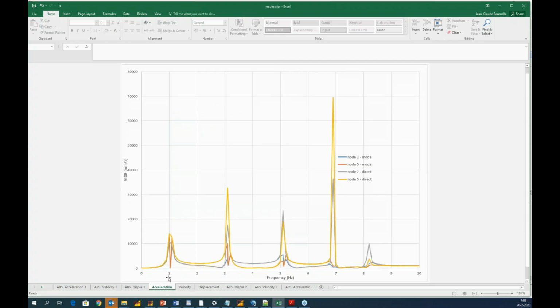And finally, if we look at the acceleration, we can see that the maximum amplitudes of the acceleration are considerably lower than those obtained via the direct. The gray and yellow-orange is the direct, and you can see that it's much higher. So we can conclude that apparently damping and the floor mode affect the acceleration more than the displacement and also the velocity. So this is it for our comparison between the direct and modal response.